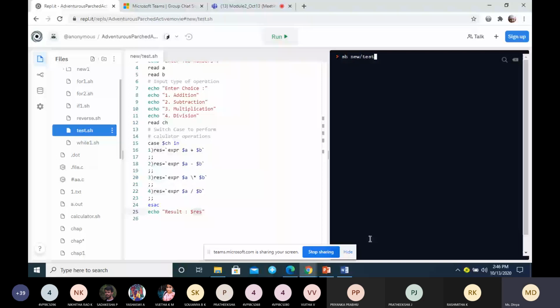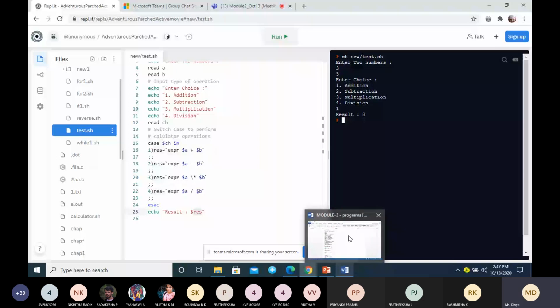I'll go for one more example. 3 and 5. Choice 1. The result is 3 plus 5, which is 8. So you can execute and check this example.